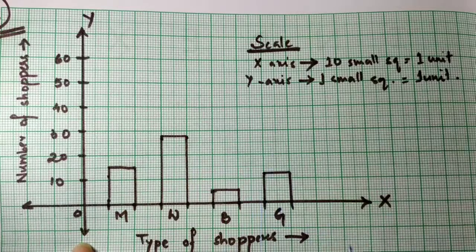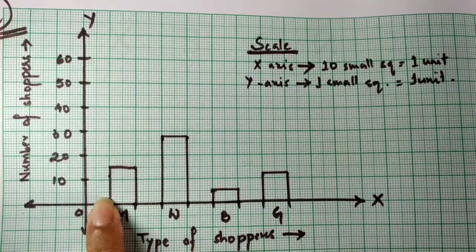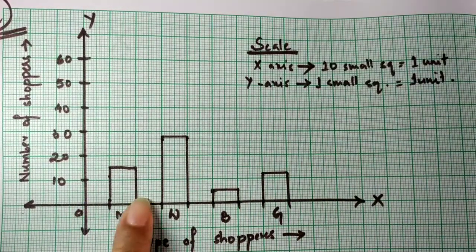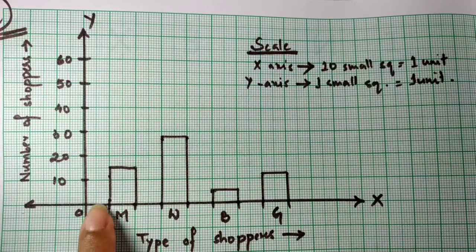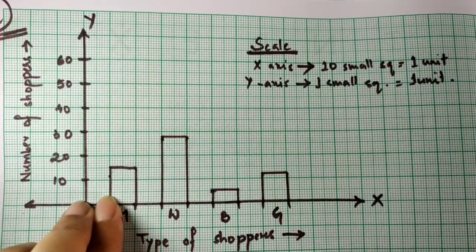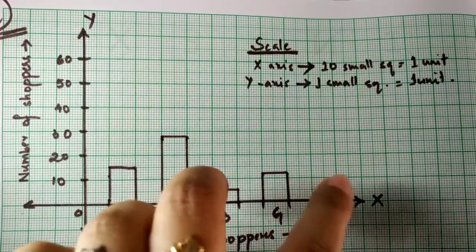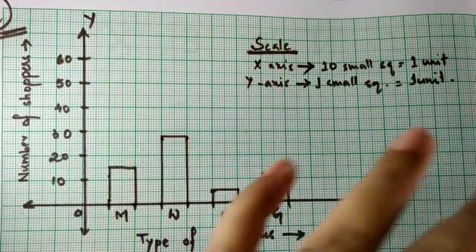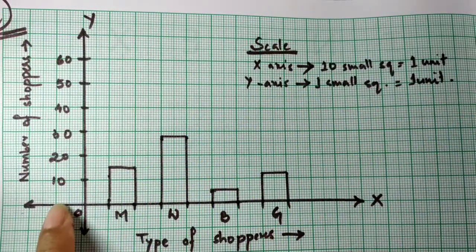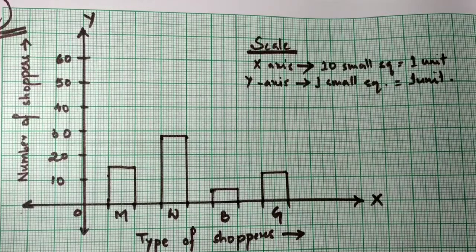There are vertical bars or horizontal bars, and there is an equal gap between each bar. You cannot give this much gap, one big box and then 2, then again third one I will leave 3 more. No, it's not done that way. And then on the y-axis also the scale has to be taken equally.